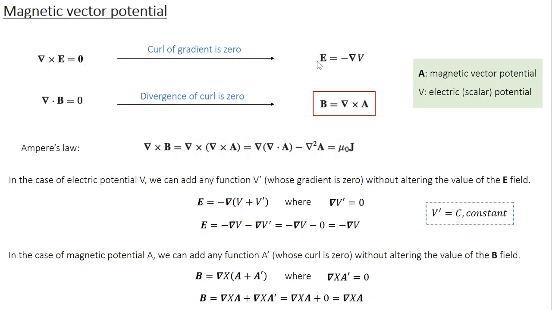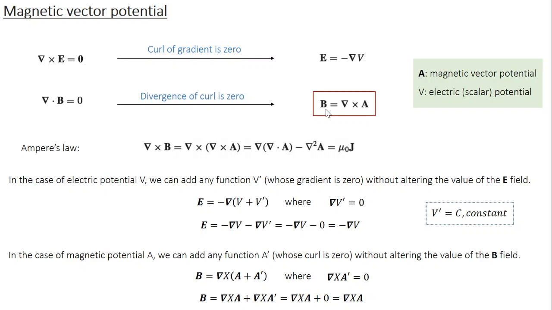In the same manner, if you look into magnetostatics, divergence of B equal to 0. Once again, from vector analysis, you know that divergence of curl is always 0, which means you can represent the magnetic field in terms of curl of a function. So you can write B equal to curl of A, and as you know, curl is always associated with a vector function, so I call the vector function A as magnetic vector potential.